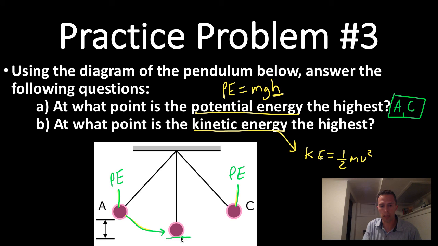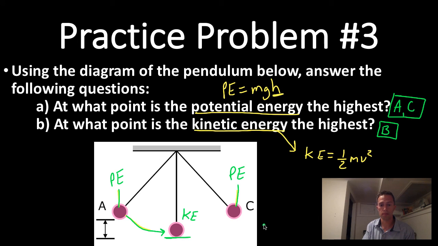And so B has a height of 0. So all the potential energy is gone at point B. It is all transferred into kinetic energy. This is going to be the point where the velocity is going to be moving the fastest. So this pendulum will swing down and it's going to be moving the fastest at point B. And so that is our answer